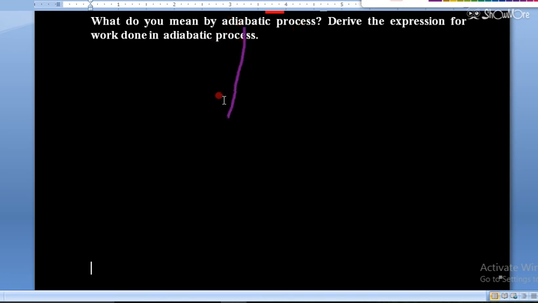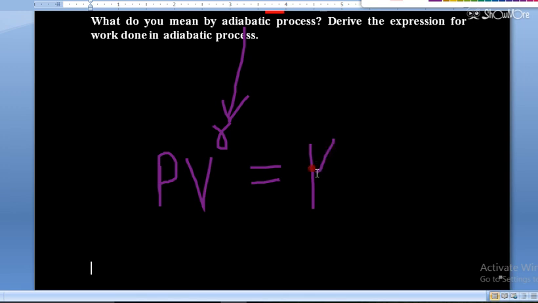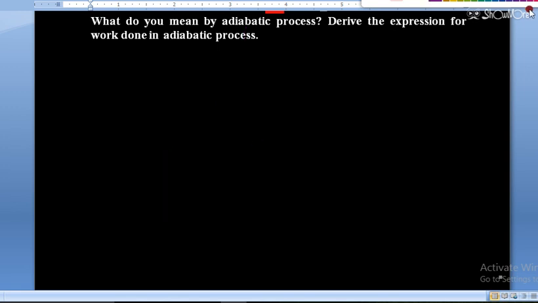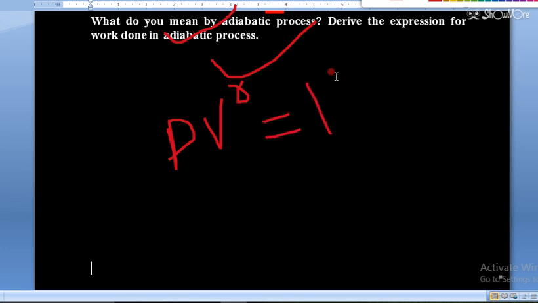Adiabatic process is the process in which there is no heat transfer, and the equation for adiabatic process is PV^gamma equal to constant. Then you have to take P equal to K by V raised to the power gamma, integrate it, and find the work done. So this is the complete derivation. The equation for adiabatic process is PV^gamma equal to constant. Then you have to derive the expression, and finally